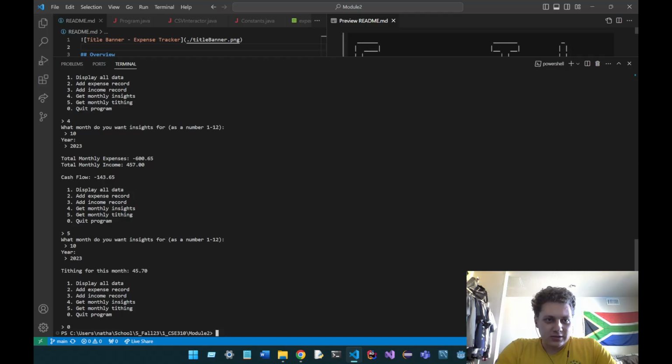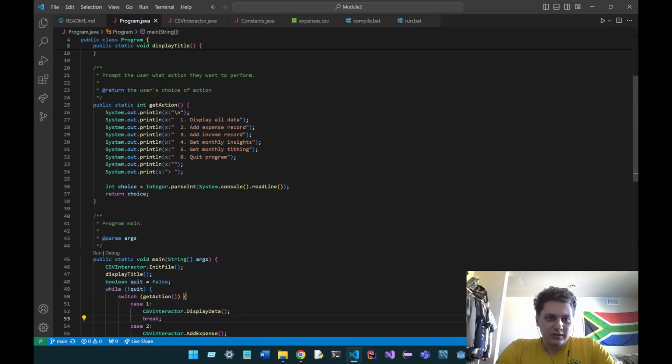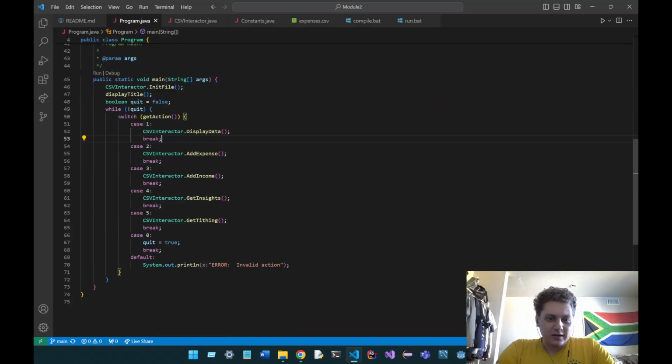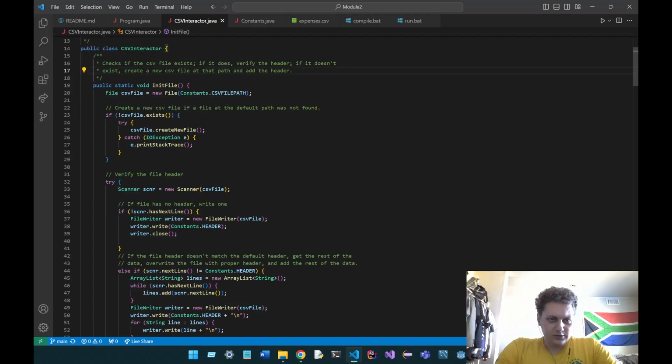Now I will go into the code, show you a bit of how it works. This is our main right here. Basically, we're just getting the action and interacting with a CSV file in whichever way the user specified. So let me go into my little class here that I made, CSV interactor. So we initialize a file,